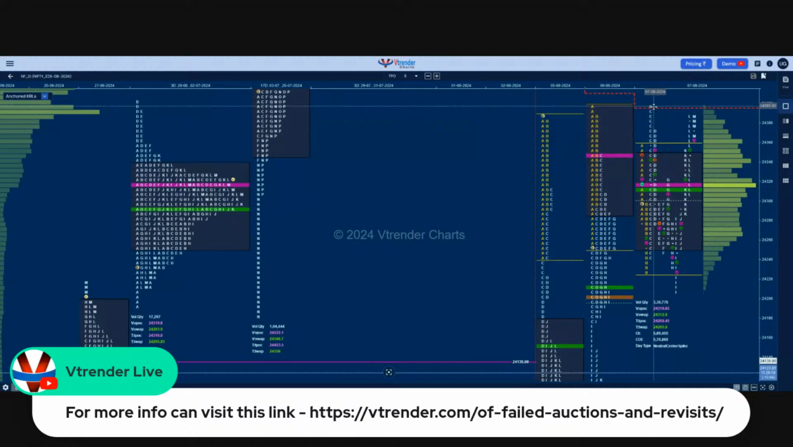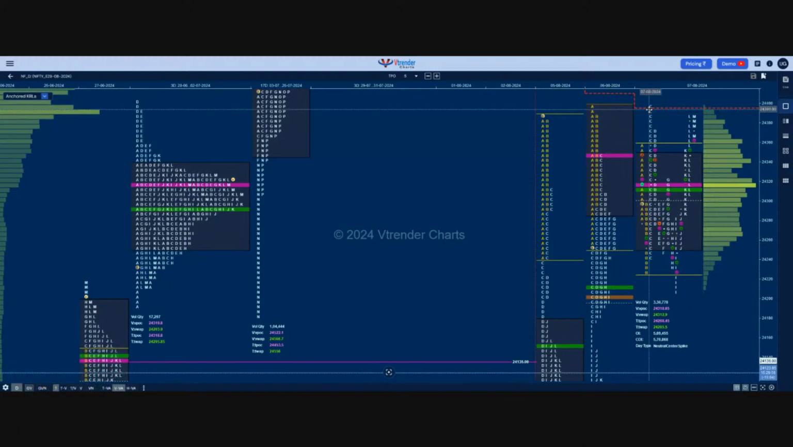So this was a very important point because we have been getting supply in this zone right from the first day of this week, which was 5th of August, Monday. So Monday, Tuesday, and then again Wednesday, when we made an attempt to probe here, we were met with a rejection. So a failed auction at this point, the high yesterday we made in the C side was 24398. So that was a failed auction, and